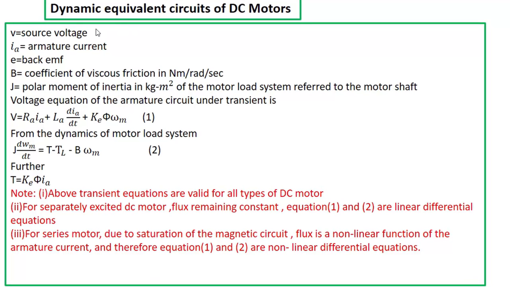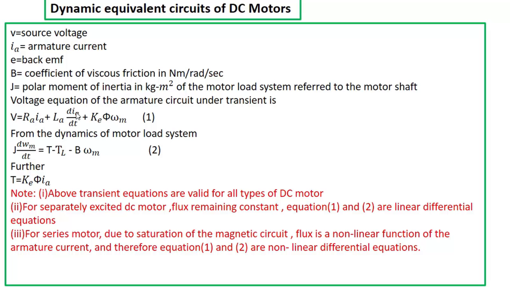V is your source voltage, I is the armature current, E is the back EMF, B is the coefficient of viscous friction in Newton meter per radian per second, and J is the polar moment of inertia in kg meter square of the motor load system, referred to the motor shaft. The voltage equation of the armature circuit under transient condition can be obtained as V is equal to